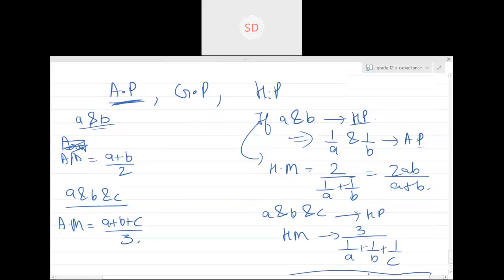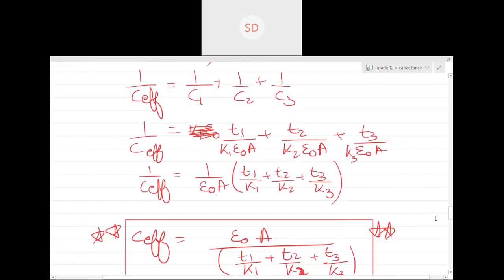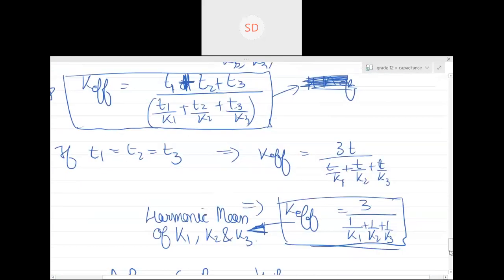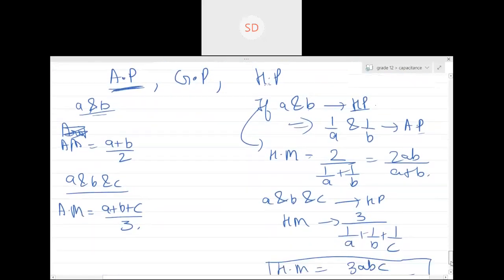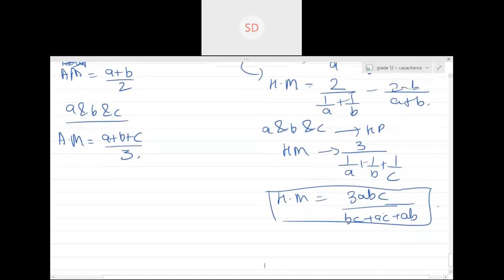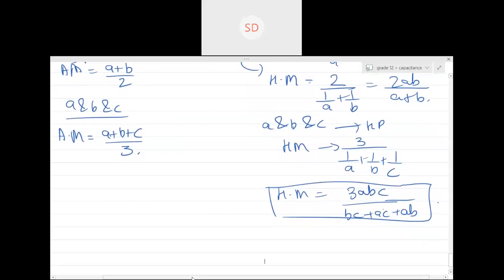So a little bit of maths is involved. Is this clear, guys? Have you noted down this thing? Shall I rub this from here? Do you want it to be here only? So we'll let it be.